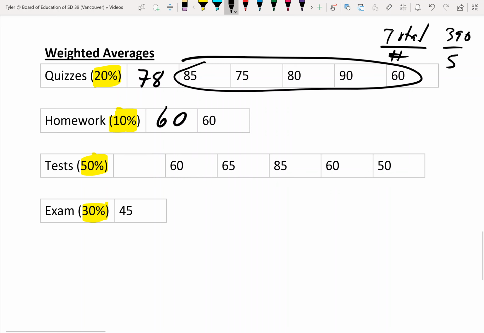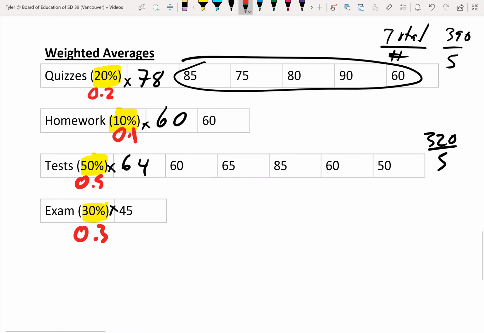For the tests, we're going to do the same thing, add them together. Okay, that gave me 320 divided by 5 gives me 64. So now we're going to take those numbers and multiply them by the weights. Remember, the weights for 20% is 0.2, 10 is 0.1, 50 is 0.5, an exam is 0.3. When you multiply those numbers, you will get,